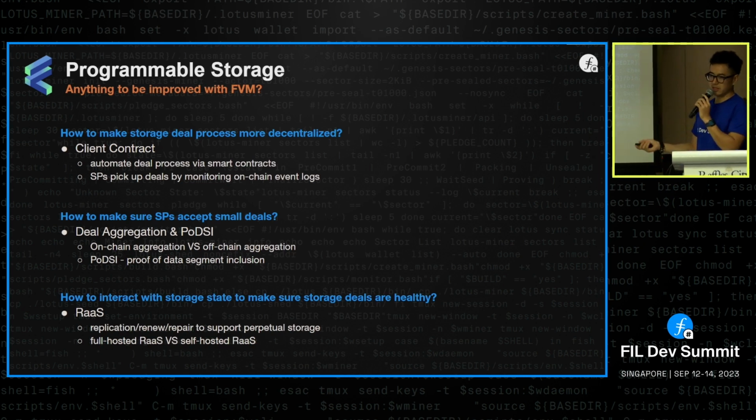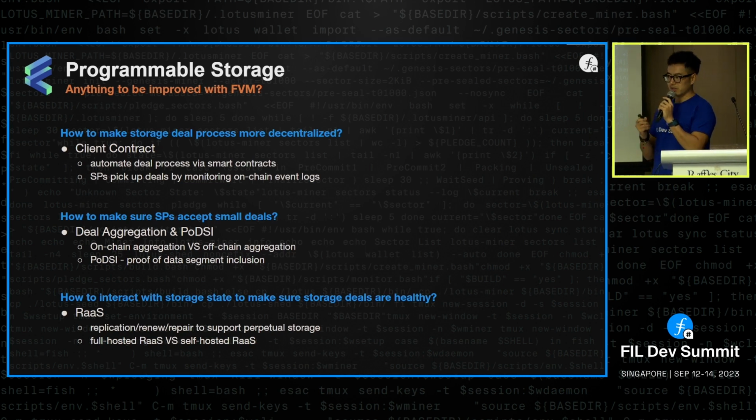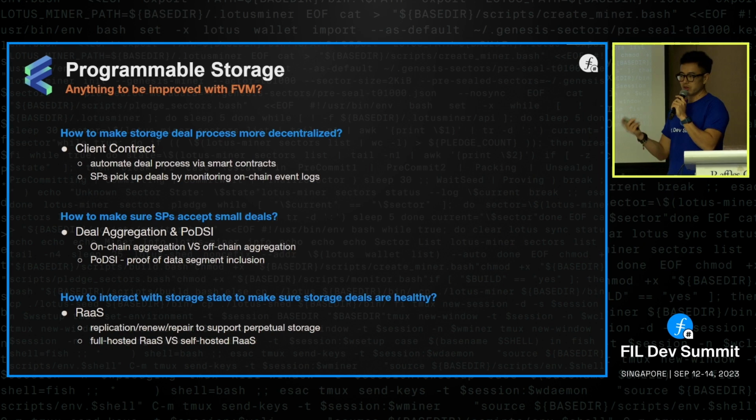And once that is finished, that developer can start using it. And we need to think about what the next step is: how can we interact with the storage states on chain? Like if we want to build a perpetual storage, how do we make sure that the data keeps being renewed? How can we know that the sector is not healthy, or that the deal is expiring? Those will be taken care of by ROS, what we call replication, renew, and repair